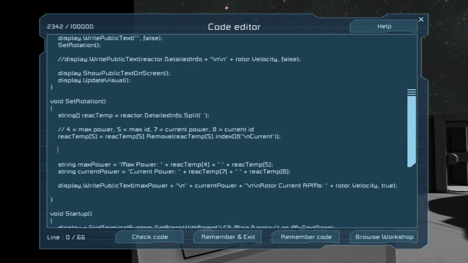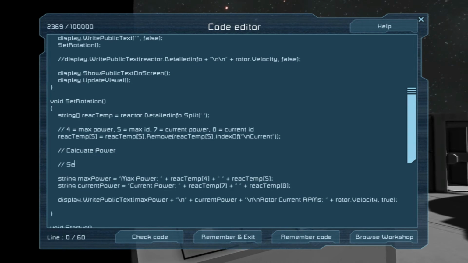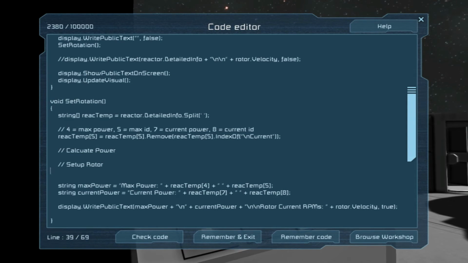So, what we're going to do now is we actually get to the heart of calculating things. So, let's call this calculate power. And then we're also going to need setup rotor, but that will come later. Come on, I hate that. There we go.